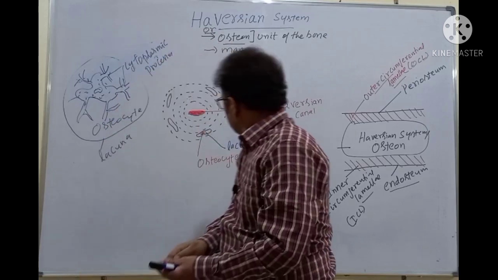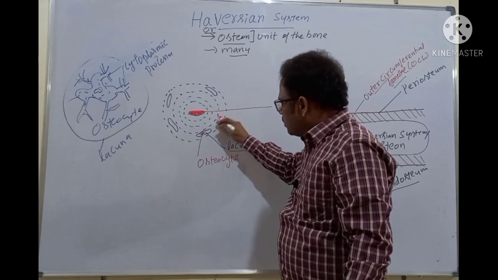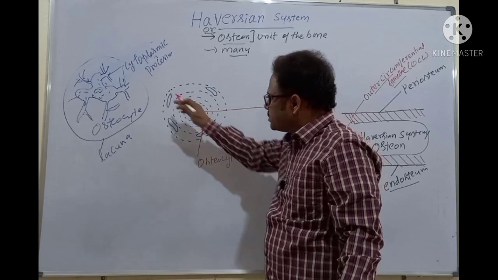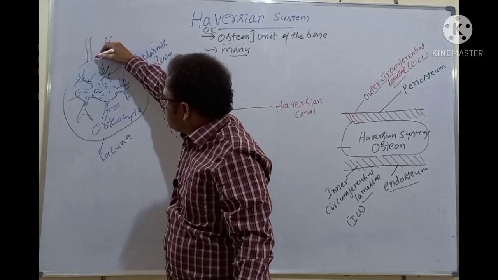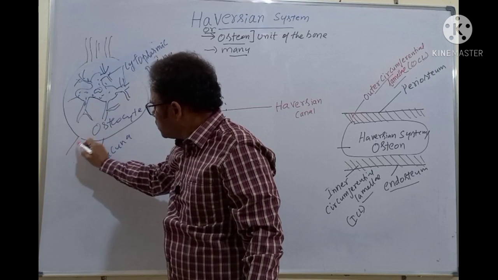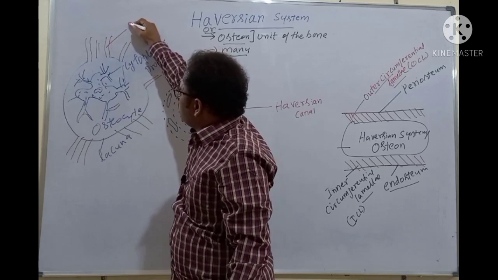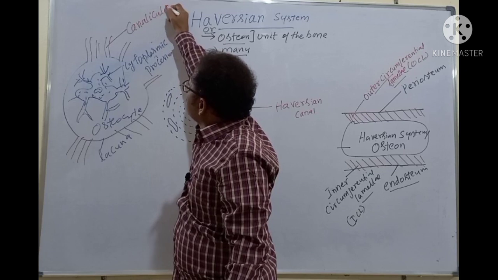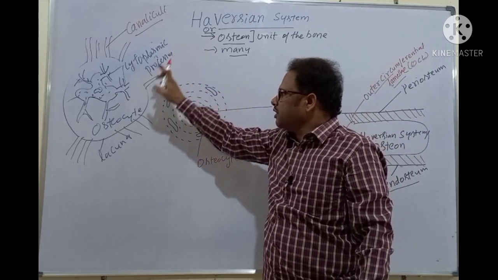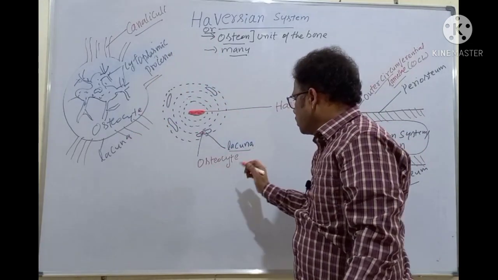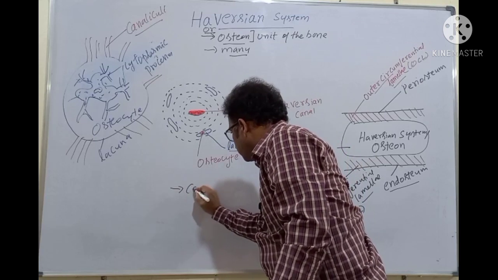So here, I told you that this lacuna is there. From the lacuna arise many small canals. For example, this is the lacuna. So from the lacuna arise very small processes here, small canal-like structures. This is the lacuna, isn't it? So here many canal-like structures arise, very small canals. And these small canal-like structures are called canaliculi. These are the canaliculi. What are the canaliculi? The minute canal-like processes which arise from the lacuna are called canaliculi. I'm writing here. Canaliculi